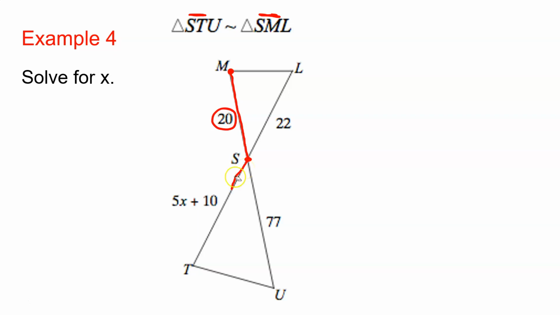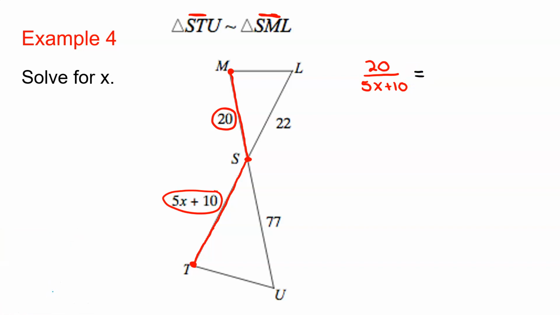S and T. So again, be careful, make sure that you guys are using that similarity statement to your advantage. Don't just assume just because they look a certain way that those are the corresponding sides. Make sure that you guys are using that statement or any other angle symbols that you see in your actual picture. So these are the sides that are corresponding. These are the matching sides. I'll go ahead and write 20 over 5x plus 10, and this is going to equal,